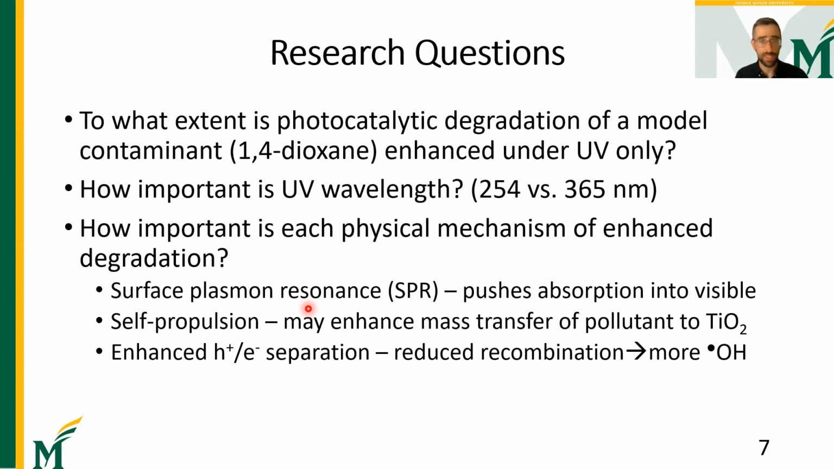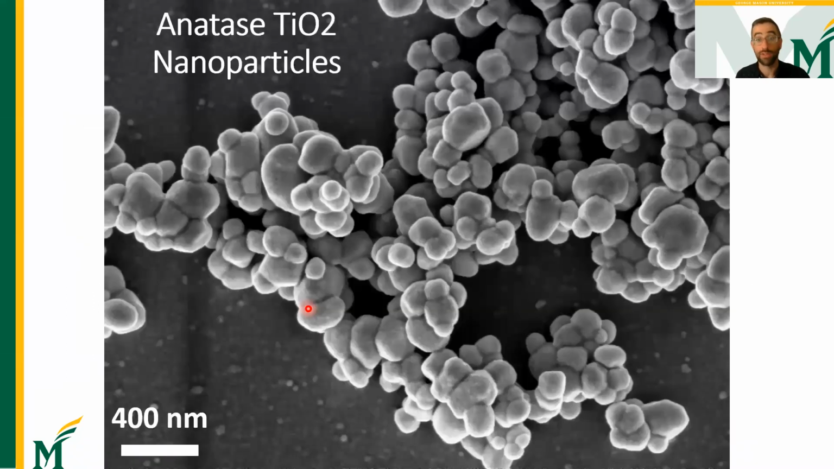There's surface plasmon resonance, which generally causes absorption in the visible range. There's self-propulsion, which potentially may enhance mass transfer of pollutant, at least at low salinity. And then finally, enhanced hole-electron separation. This is a known effect because of the Schottky barrier that forms between the TiO2 and the gold, which causes electrons to travel from the TiO2 to the gold, thus preventing them from recombining with the holes that were photogenerated, which would otherwise be used to generate hydroxyl radicals. So the thought is that enhanced separation of the holes and electrons leads to more hydroxyl radicals and thus faster